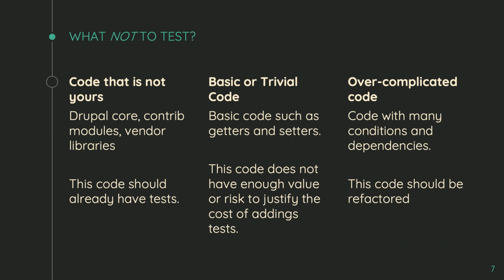Don't add test coverage for basic or trivial code. What do I mean by that? That's like your getters and your setters, stuff that doesn't really have a lot of logic in it. It's really straightforward. This one might be a little bit controversial, especially for some projects that really want to get 100% test coverage as a really nice metric that you can show to management. I'm going to argue that that's a waste of time and resources to get there, because, frankly, you're not offering any value. It's just not really worth adding a test for.